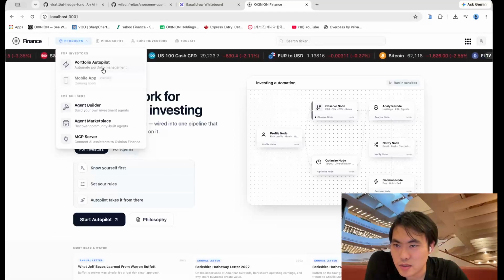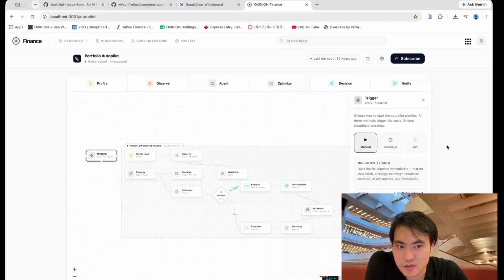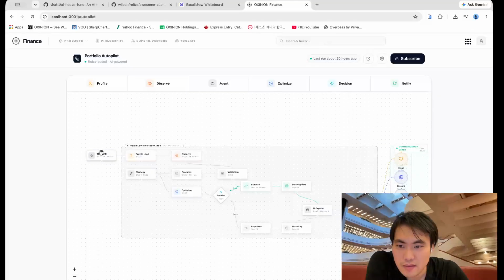So if you go to the Portfolio Autopilot, there is a map. Let's say it's just a draw, and if you click the trigger button, you can start it as a manual button, or you can trigger it with scheduling with a cron job, and you can also use an API, kind of like a webhook. And then after that,